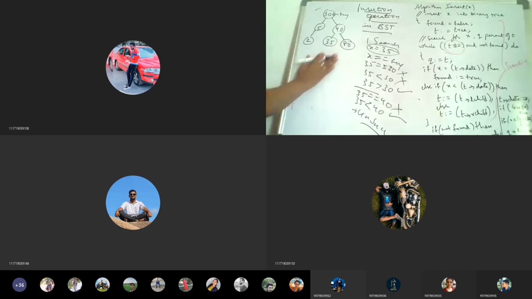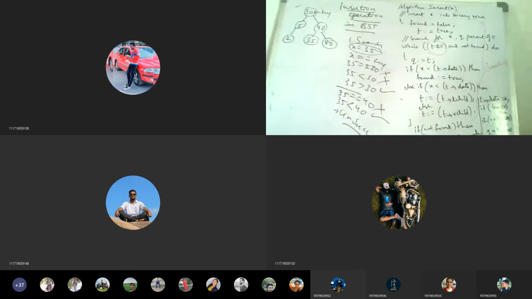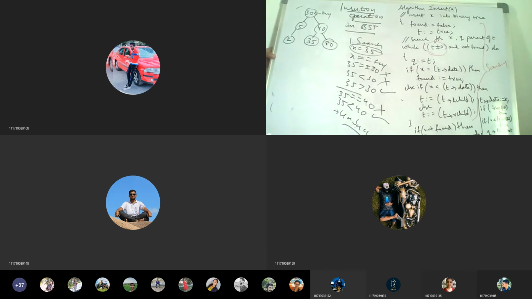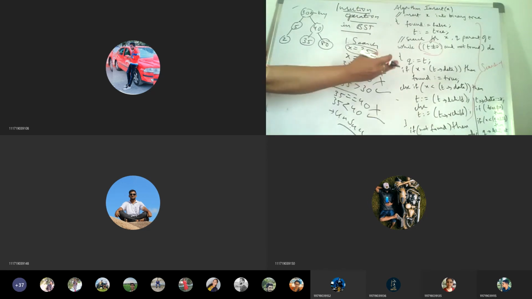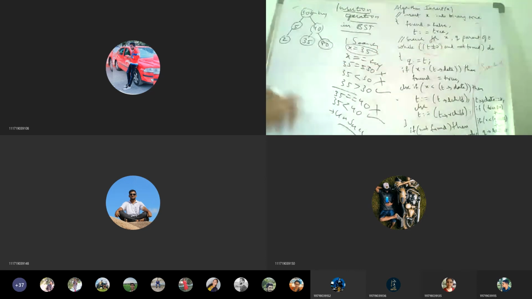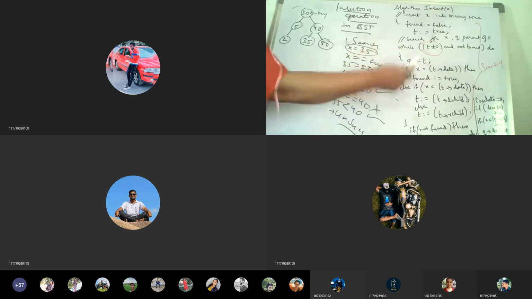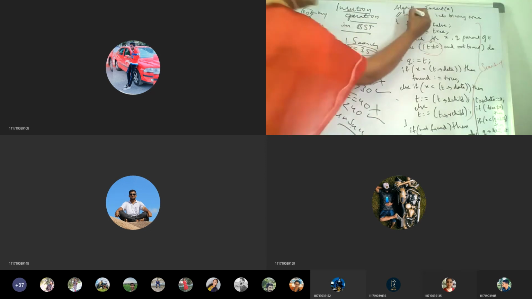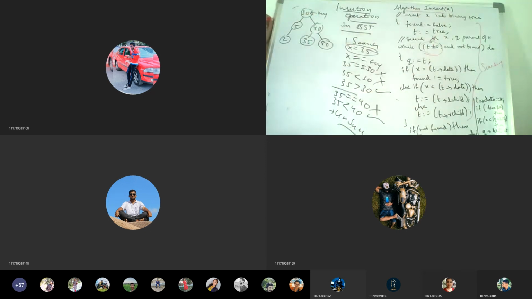Okay. So the same procedure, I'll now explain the algorithm here. I hope you are able to view the other side. Pay attention here, the same logic I told you in the problem will be there in the algorithm. So this is the algorithm for insert. Insert of what? Some x value you want to insert into the tree. When I wanted 35 to be inserted, I took it as x.